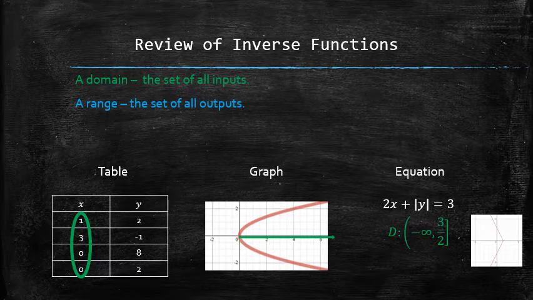To find the range of a relation given by a table, we simply list all the outputs. The range of a relation given by a graph are the values on the y-axis covered by the graph. Usually we are not concerned with finding the range of the relation from the equation, but when we are, we can just read it from the graph.